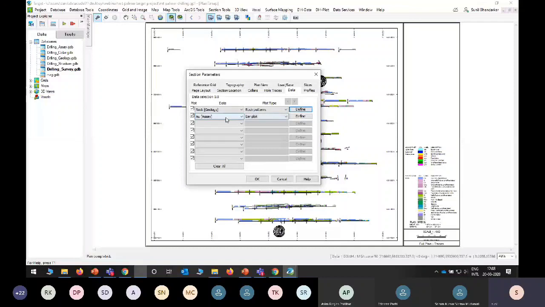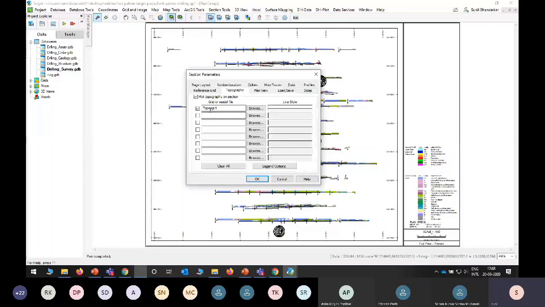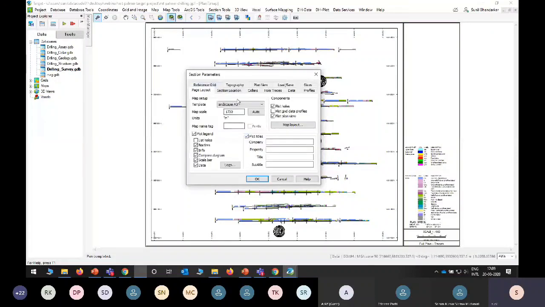That file we need to create here itself, and the assay and the AU values will show as a bar plot. And for the topography, I must have a topography grid. That grid we can generate on the basis of RL data, and we can use it here very easily.